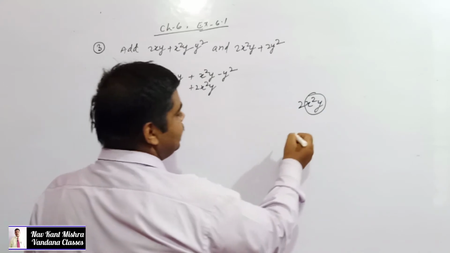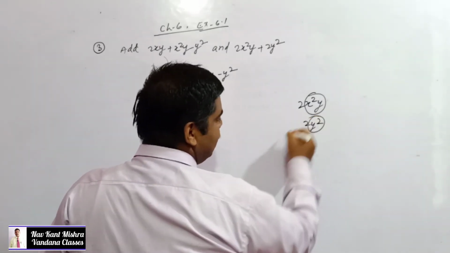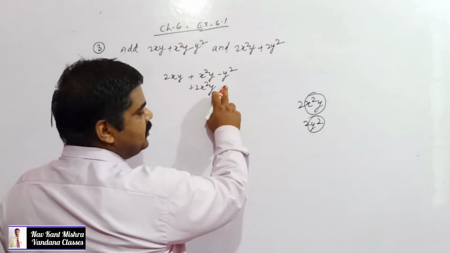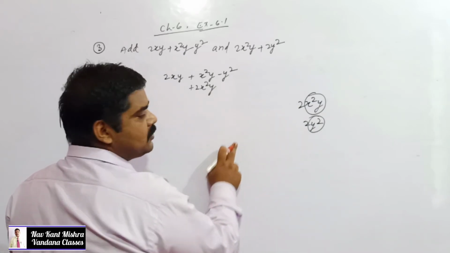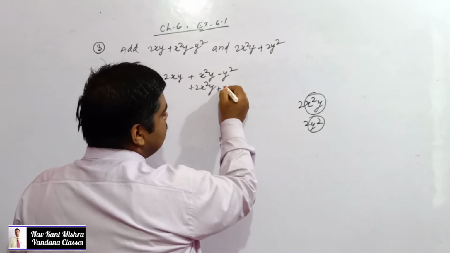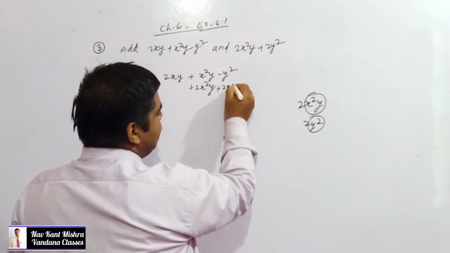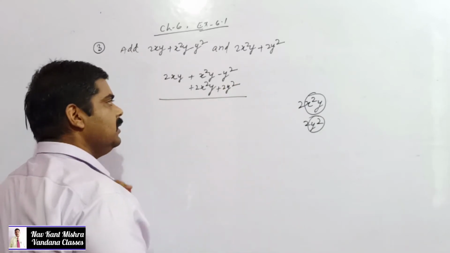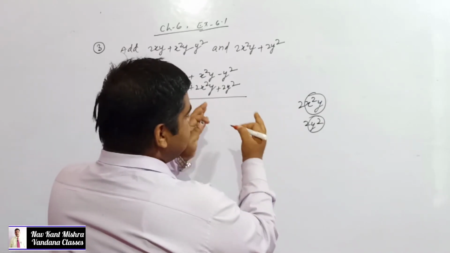And the second one is plus 2y squared, where the literal coefficient is y squared, and you can check that the third term is y squared, a like term. This is why you have to write down 2y squared just under this third term, and after that you do the simplification separately for each term.